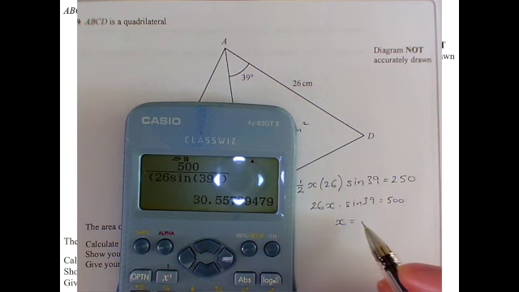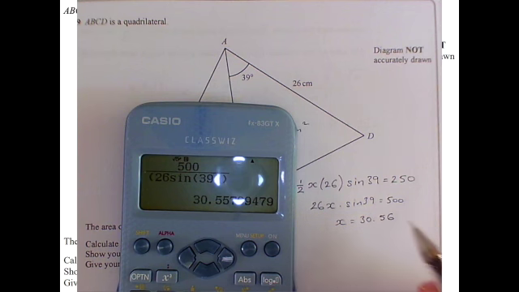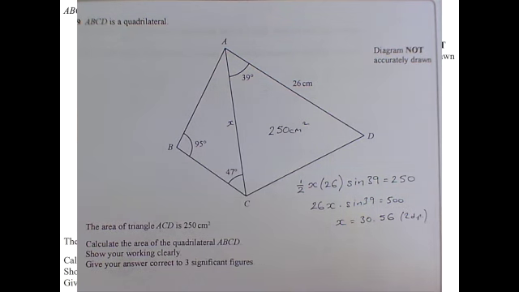Okay, so that's 30.56. Now what I'm going to do is keep this whole number in my A memory in my calculator, so store A, and I'll keep that for later. Okay, so I've got the value of x now, which is a big help, but I need to find the area of the other triangle,